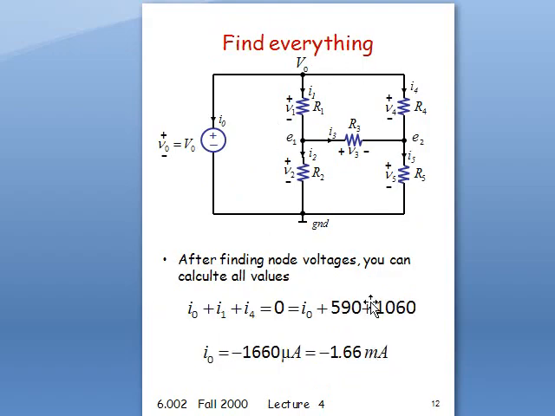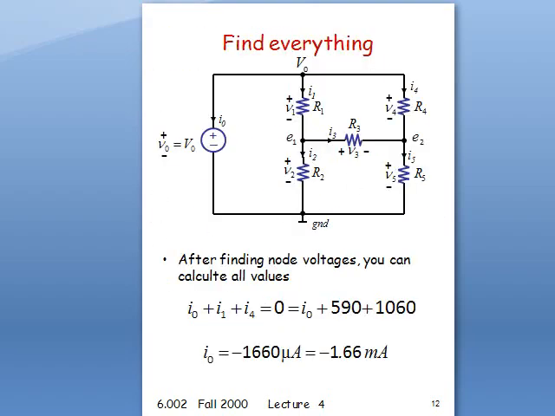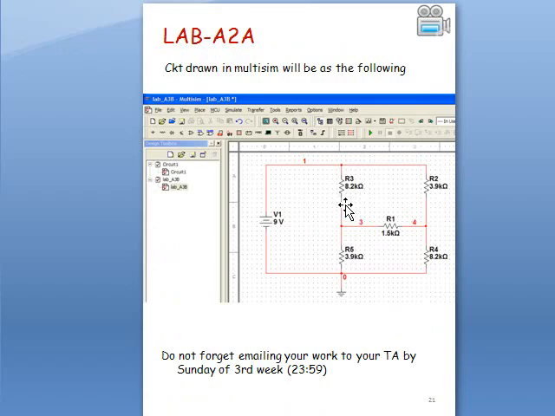I4 is 1060 microamps. I0 is minus 1.66 milliamps, and we have easily calculated the other values after calculating the node voltages of the circuit. And in lab activity A to A,